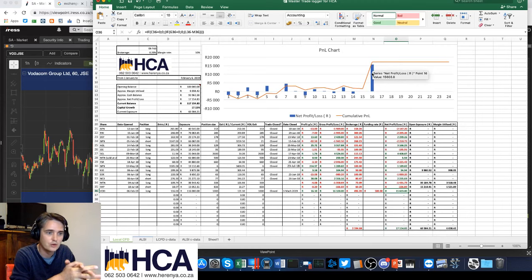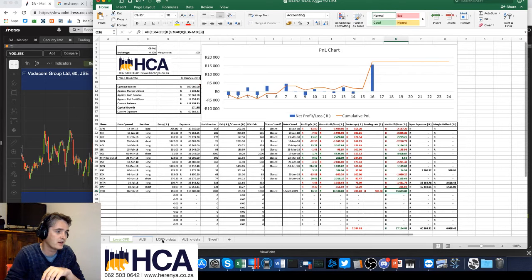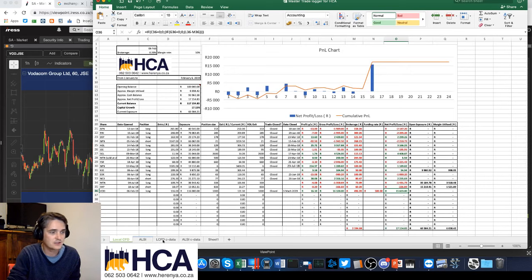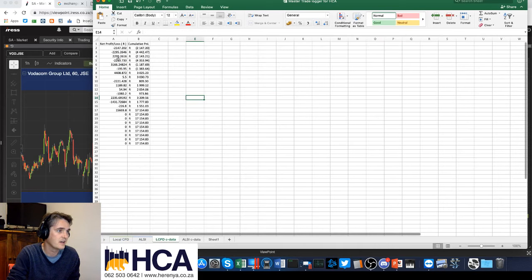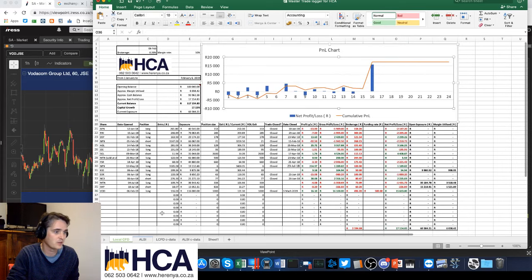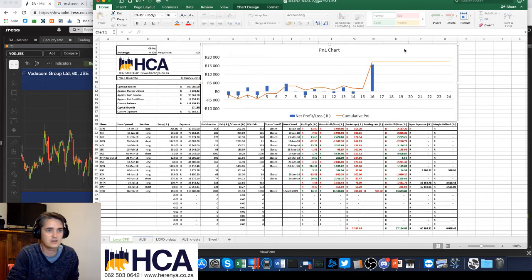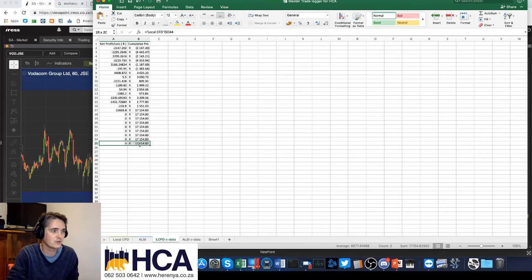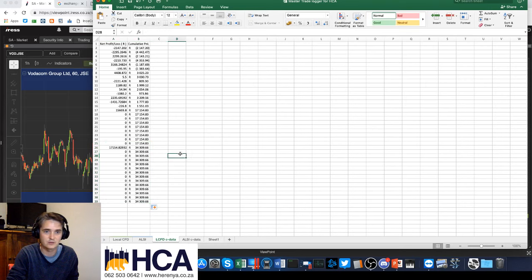input your fees and stuff that you paid exactly, and it's a nice way for you to track it. There are a couple of things here. You can see local CFD seed data is your chart data, and this is where those trades are coming to populate. So that is what drives this chart behind here. If you want to increase this chart, you basically just include more of this data. If you want to include more of this data, you just drag it down and it will do so.